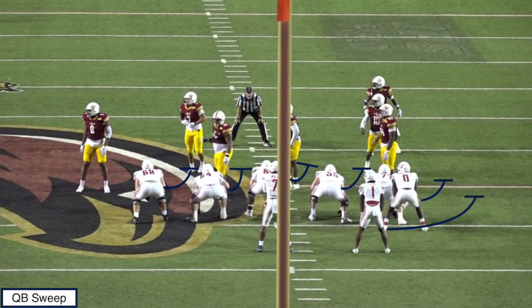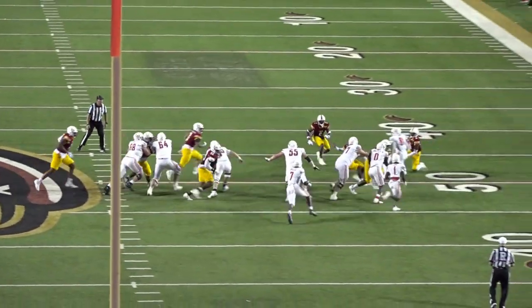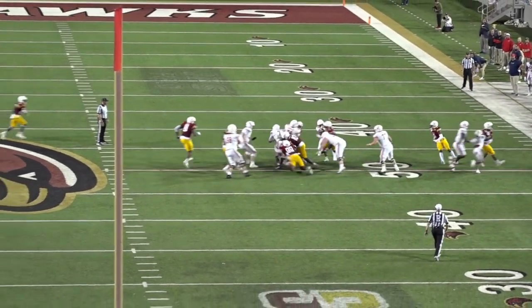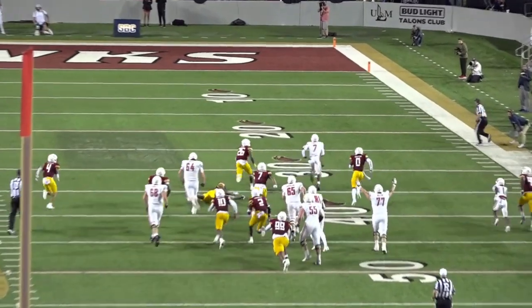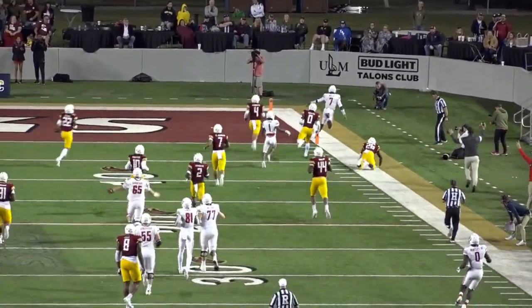Liberty is dialing up a QB sweep, their QB outside zone package, just like the Titans like to run with Derrick Henry. At the snap of the ball, I really want to focus on how these backers pursue aggressively over the top, trying to not let Malik Willis get to the edge and down the sideline. But Malik Willis reads this just like a running back. With all these backers pursuing aggressively over the top, it creates a cutback lane to the backside, which he easily rides right through, runs through some arm tackles, gets back down the sideline, and finishes it off for